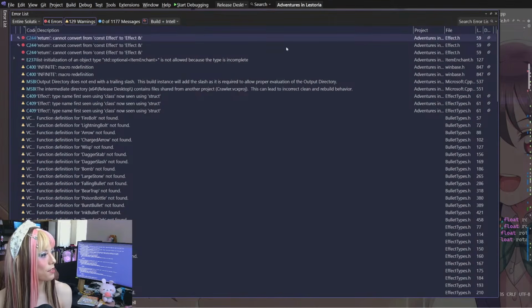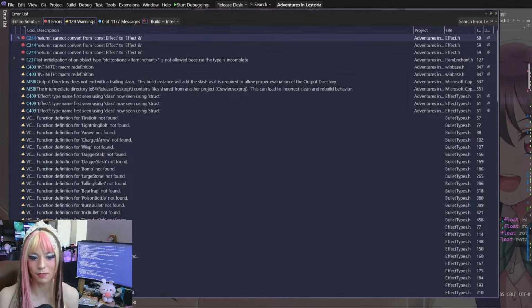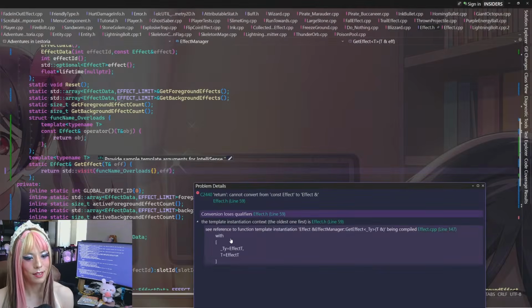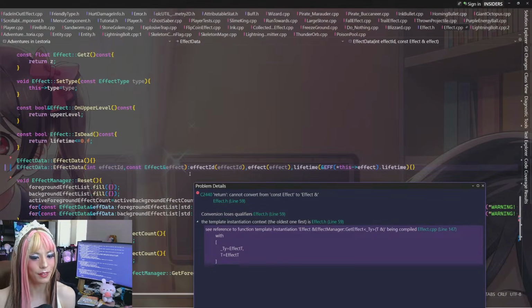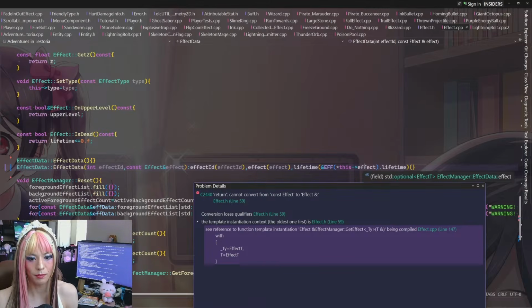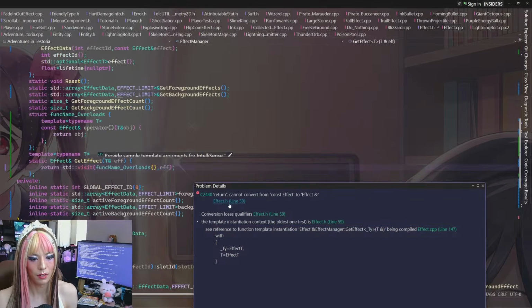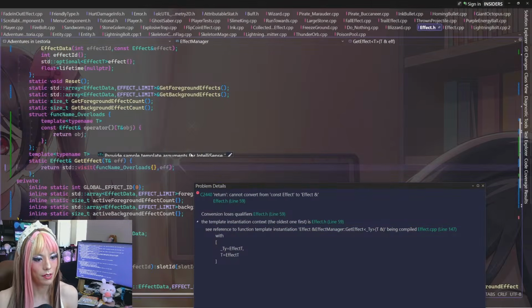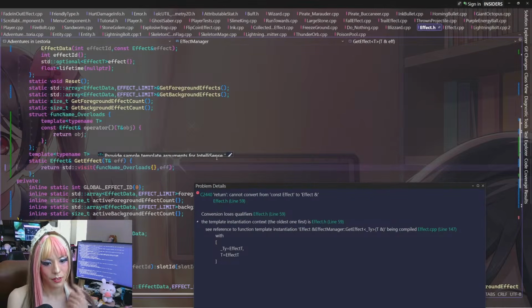So this is cannot convert from const effect to effect reference. So this is like the opposite of what I had before. So this is where T equals effect.